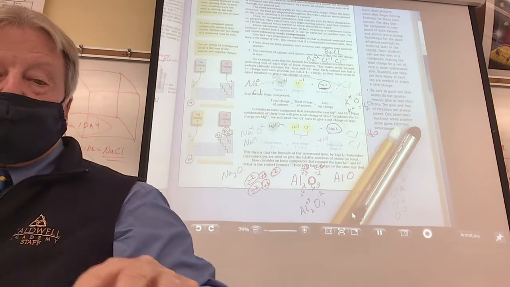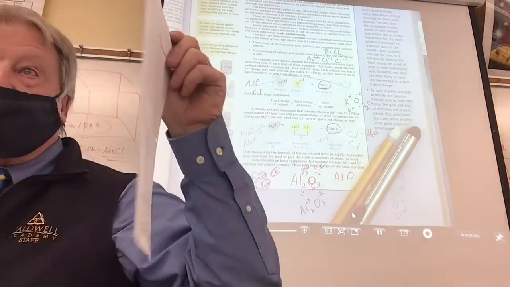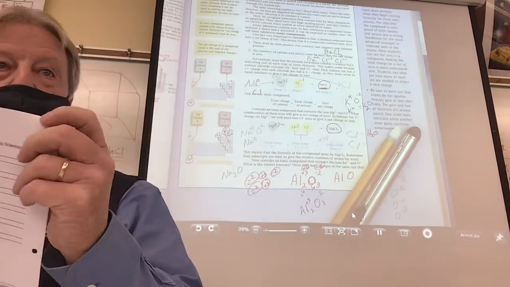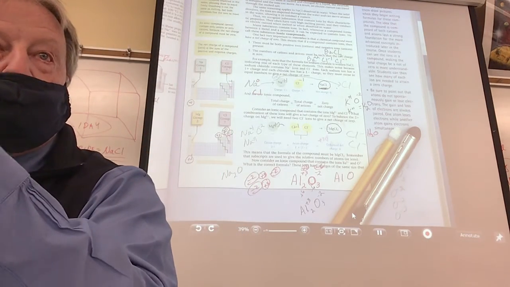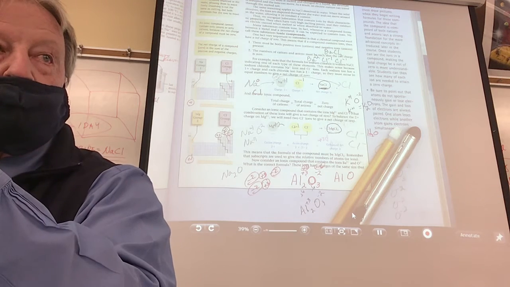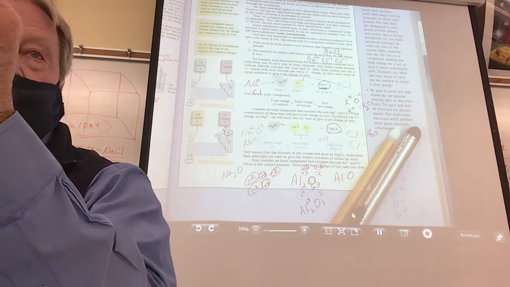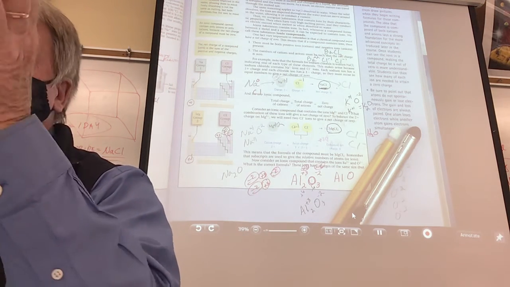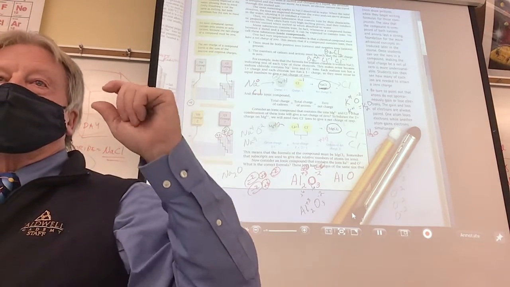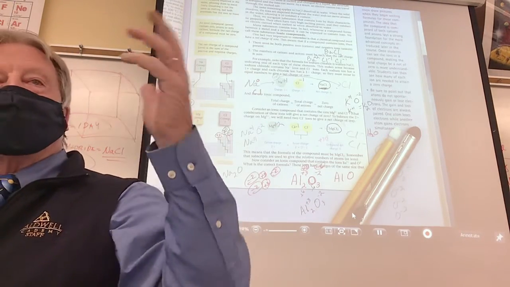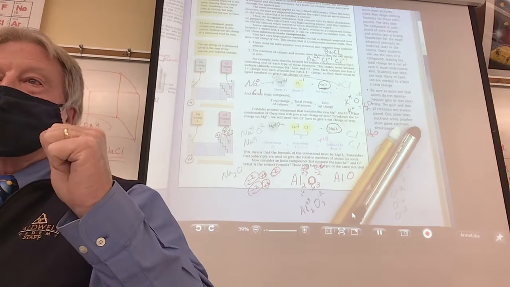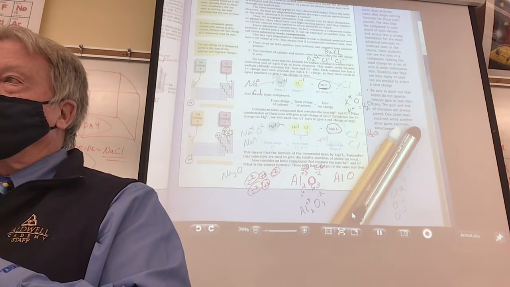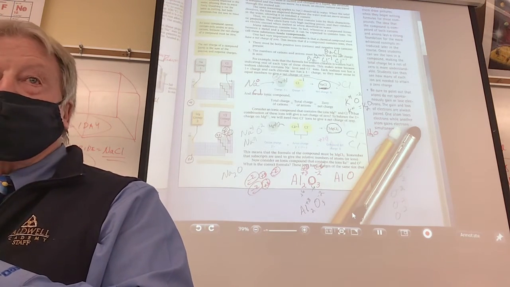And my own opinion is, since I gave you this nice little packet, I'd be doing all kinds of writing on this because if I studied my packet, I'd probably do all right on that test, wouldn't I? So if I have everything right here. All right, who wants to volunteer and tell me this one? Who says, I think I got this? Who thinks they have it?